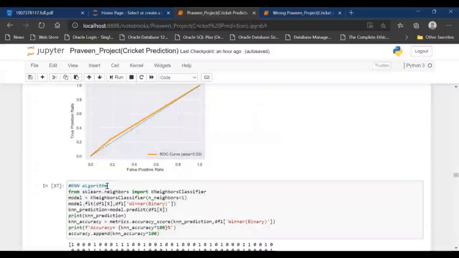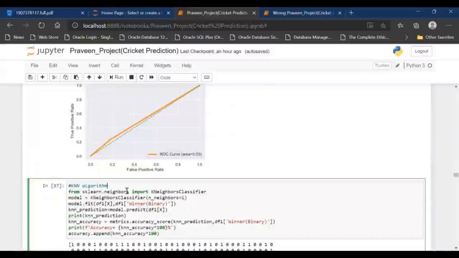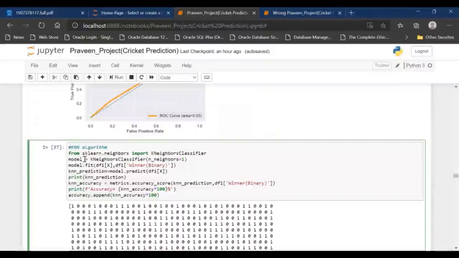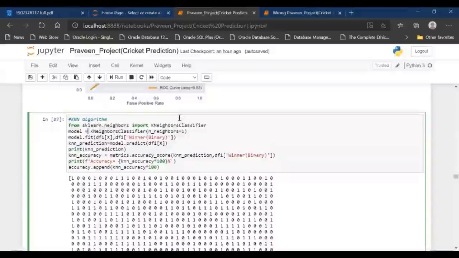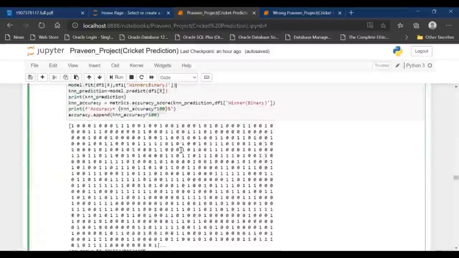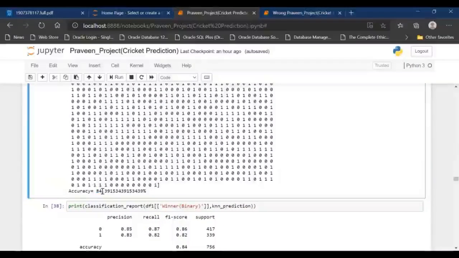Next is the KNN algorithm. In this sklearn algorithm, I imported the model which was present in the neighbors module of the sklearn library, created the object for it, and trained the model. Next, I printed the predictions, and after this, I calculated the accuracy, and accuracy comes out to 84%, which